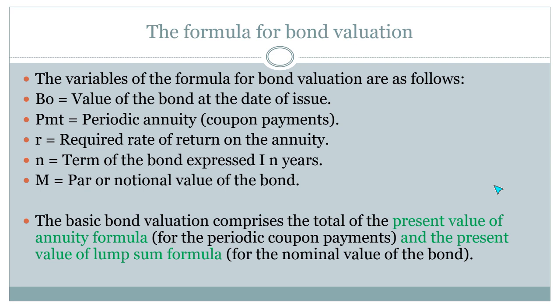the coupon rate, or the coupon, is paid more than once per annum. So remember earlier on they said most bonds pay the coupon every 6 months. So there we need to adjust our bond formula. Where we've got R in the bond formula, we're going to put R over M. And where we've got N in the formula, we're going to use N times M, just like we did in